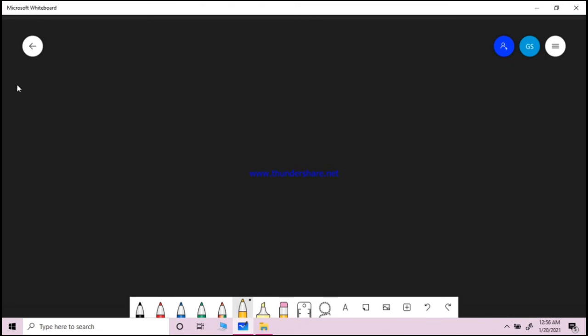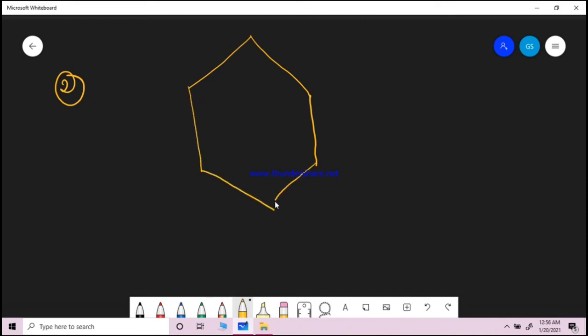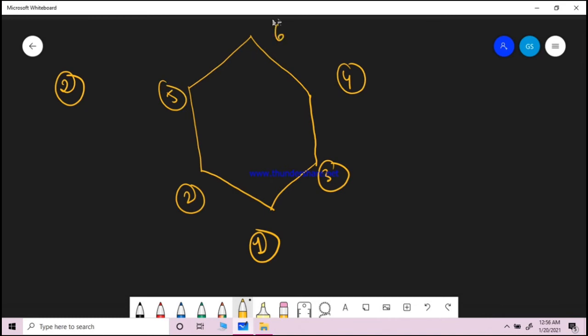Okay. The second question, where you can easily find the maximal and minimal element. You can note it down that it is important to have a single minimal and a single maximal to find the greatest and least element in any poset diagram or in any Hasse diagram. So this is simple. This is 1, this is 2, this is 3, 4, 5, 6. One more thing I have to tell you, the flow is like this, lower to upper, means you don't have to draw the arrows, but if you want to find out, this is connected to this and this is connected to this and this is how it goes.